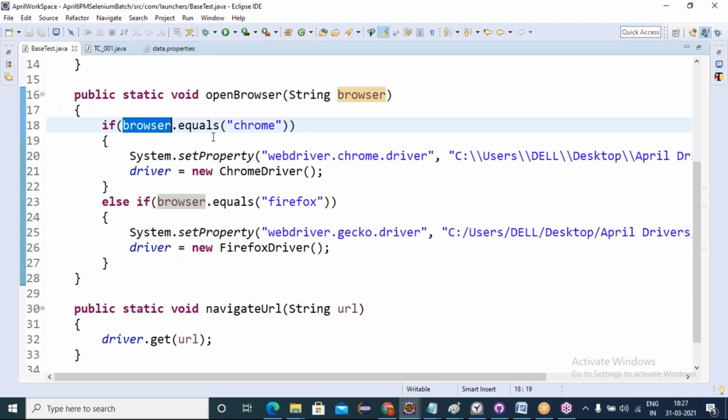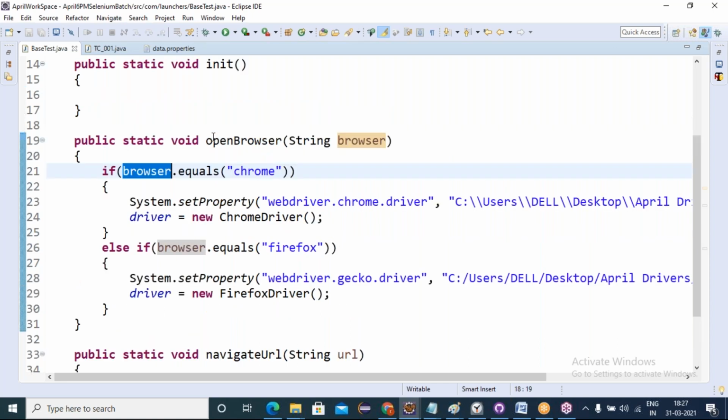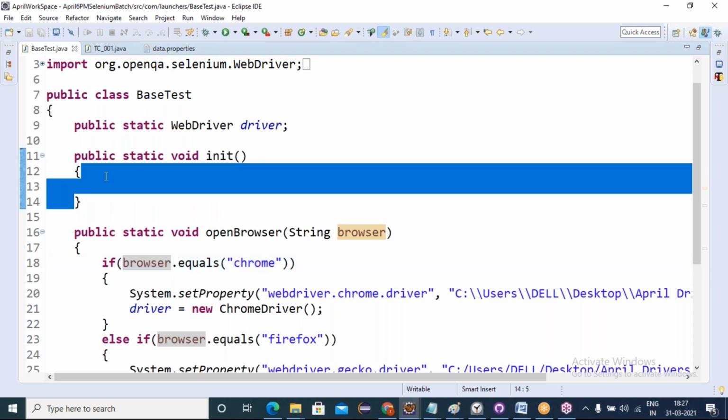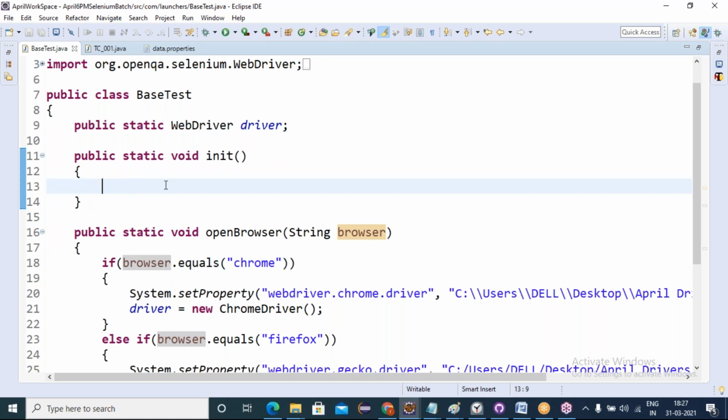Loading data.properties is a common functionality for every test case: test case 1, test case 2, test case 3. Without loading data.properties, I cannot get key values. For that functionality, I was defining one separate method called the init method, my user defined method.